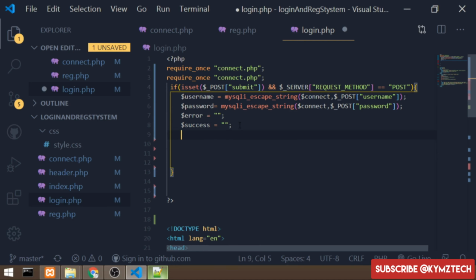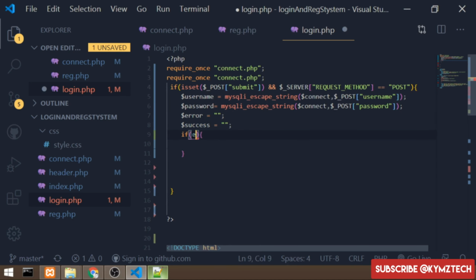So I'm going to add an if statement also. We'll add the empty function. Then we are going to pass in the username. So if there is an error, you are going to add an error message to the error variable. We'll say please input username,